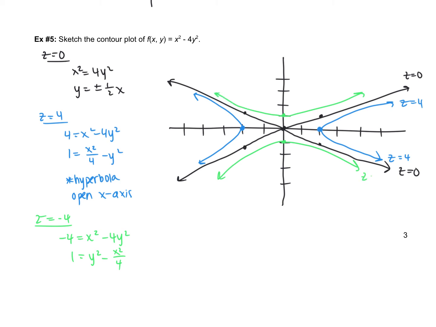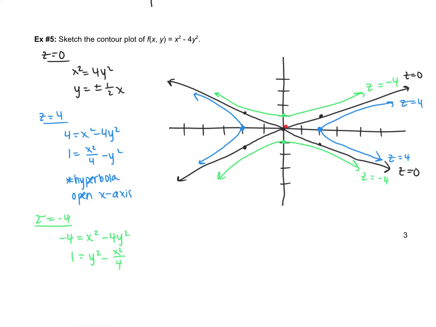So that green is where z is negative 4. And hopefully you should see the pattern here. As z becomes more positive, we're going to be moving along the x-axis. As z becomes more negative, we're going to be moving along the y-axis. And so a few things that we should be able to tell